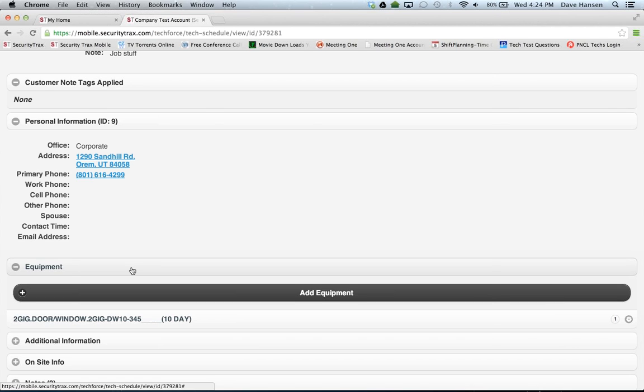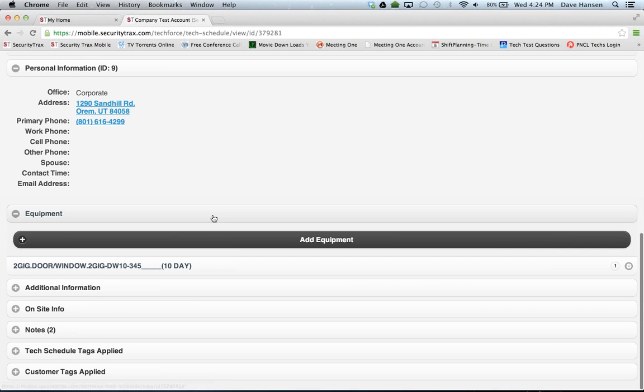Okay. The next step, guys, and this is the most important part of the service appointment besides closing out the job, you need to make sure your equipment is accurate on every single job. It has to be accurate. Now, our scheduling team, when they create an appointment such as this one that we're looking at,